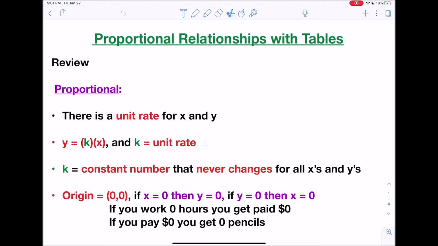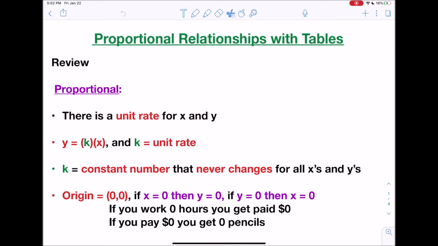Today we're looking at proportional relationships with tables. If we're given a table with data, seeing if that table is proportional or not proportional, the relationship between X and Y. So let's get started. Now, before we begin with the tables, I do want to review what it means to